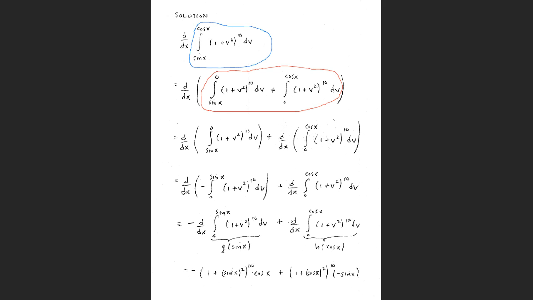Now, incidentally, I could have used any number. I don't have to use 0. I could have used, you know, like 2. If I had the first integral like this, from the sine of x to 2, and the second integral goes from 2 to the cosine of x, that would have been okay. But I just split it along. I mean, this is just property of integrals. If you have the integral from a to c of f of x dx,